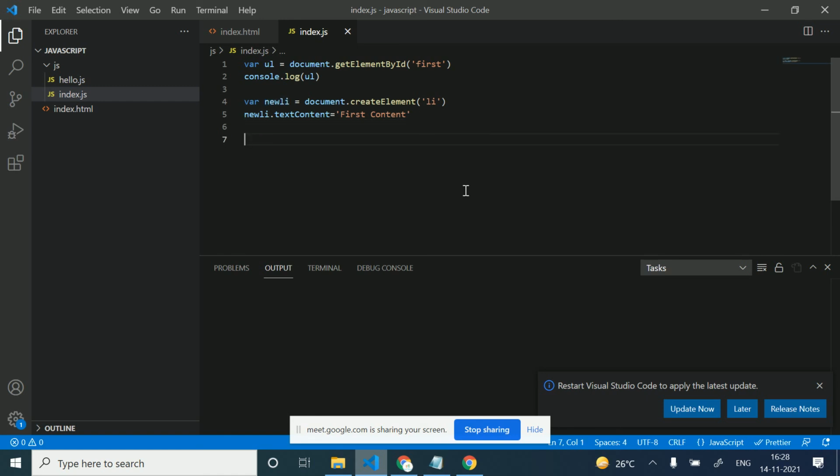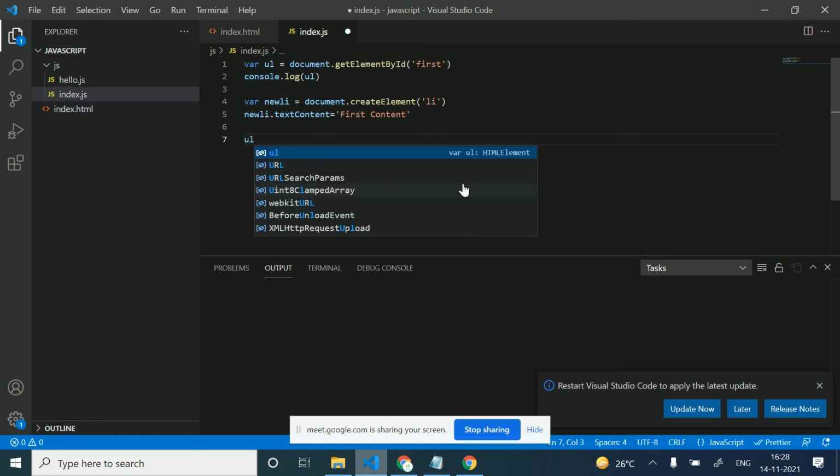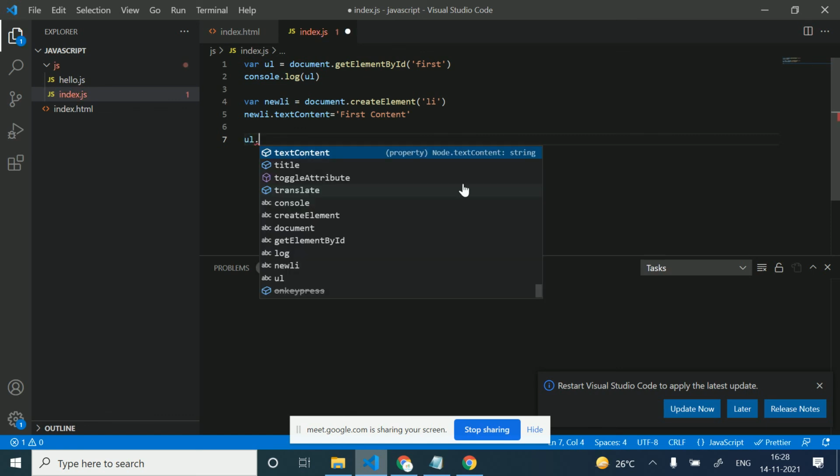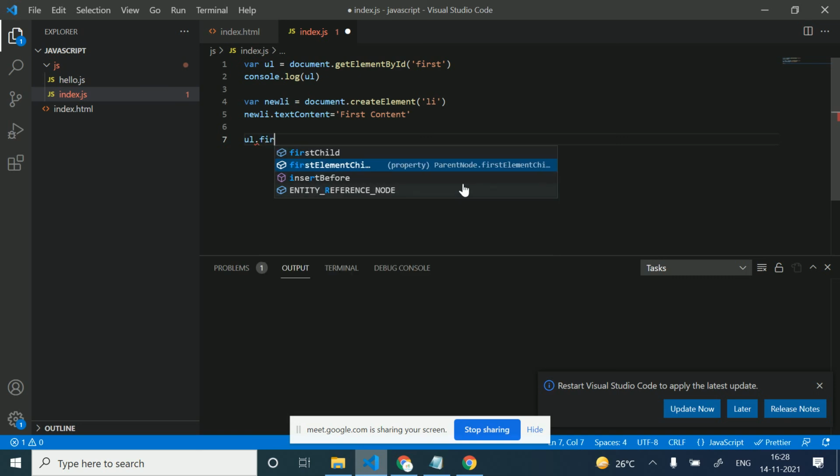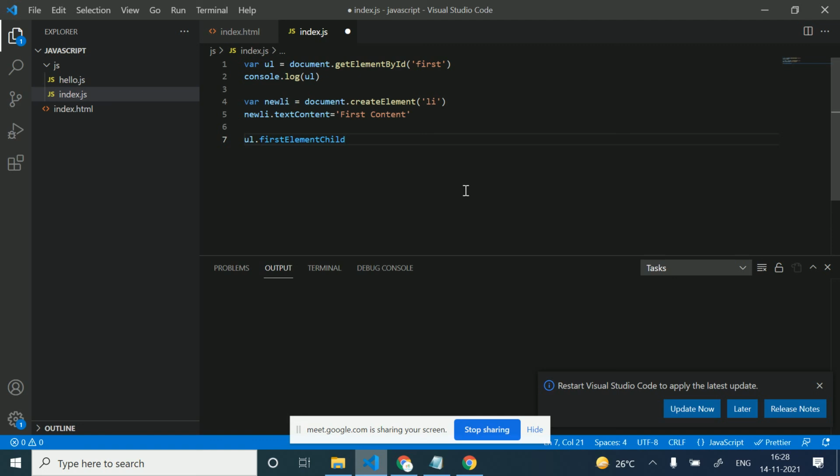I'm just adding the content in this. Then I will replace this ul dot first element child, I'm just replacing the first element child.